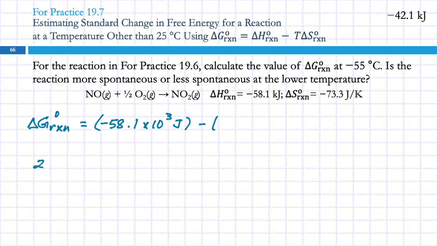Okay, probably not a good idea to do this one in your head. Negative 55 plus 273, 218 Kelvin, times delta S,